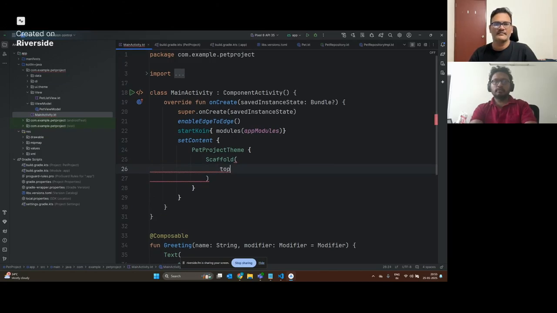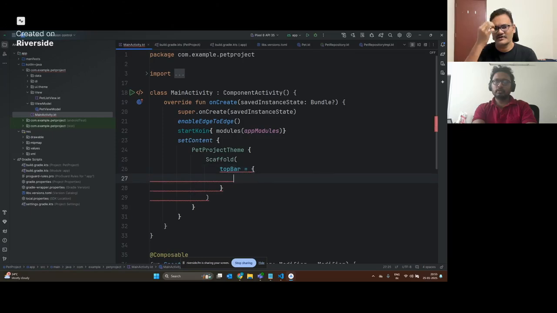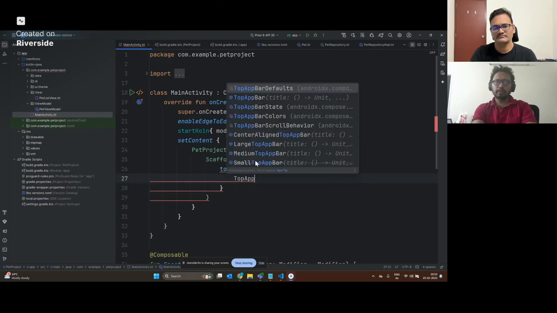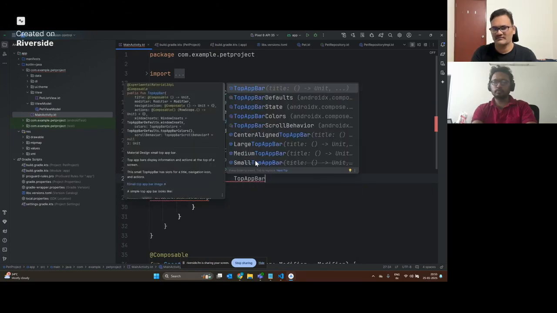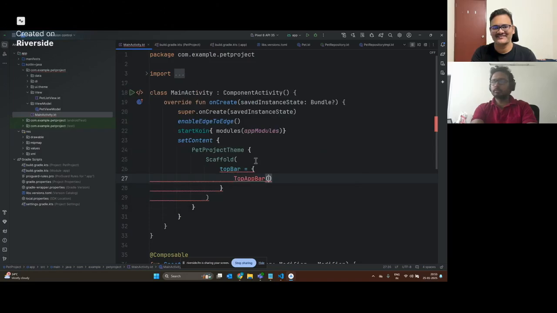So I'm going to have something like top bar. These are all named parameters. There are other bottom app bar and so on, but they are like nothing, so it won't be there. So for top app bar, I'm passing a lambda. It accepts a lambda that I'm going to use for top app bar. Again, all these are like chemistry formulas. You need to know. There is something known as top app bar,